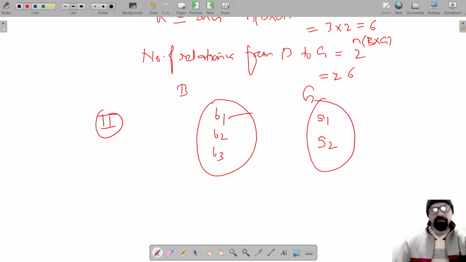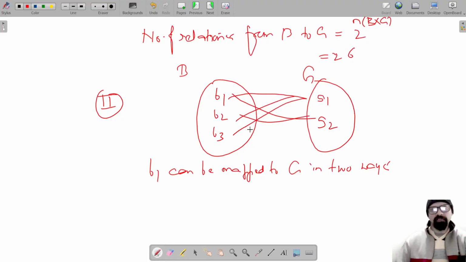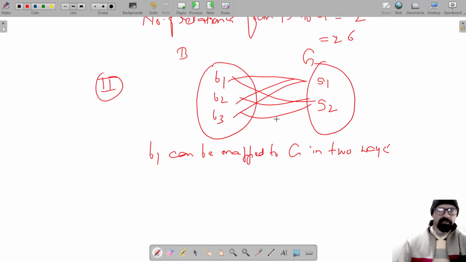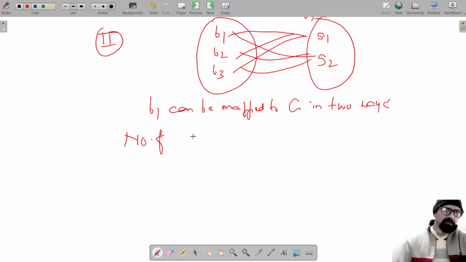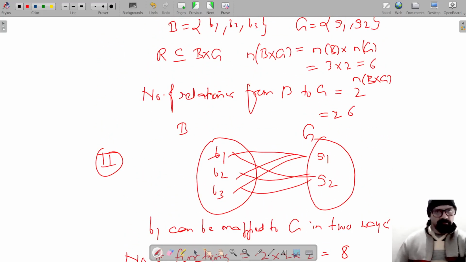Now अब मैं B1 को map कर सकता हूँ दो तरीके से। So I can write B1, जो हमें देगा function। So B1 can be mapped to, we can say G in 2 ways। इसी तरह B2 भी दो तरीके से map होगा, B3 भी दो तरीके से map हो जाएगा, तो हमारे पास जो functions बनेंगे। एक element B का हो रहा है दो तरफ से map। So number of total functions in all, तीन हमारे पास है, तो एक कर रहा है दो। So 2 into 2 into 2 हो जाएगा 8। हमारे पास जो functions बनेंगे 2 raised to 3, यानी 8 बनेंगे।